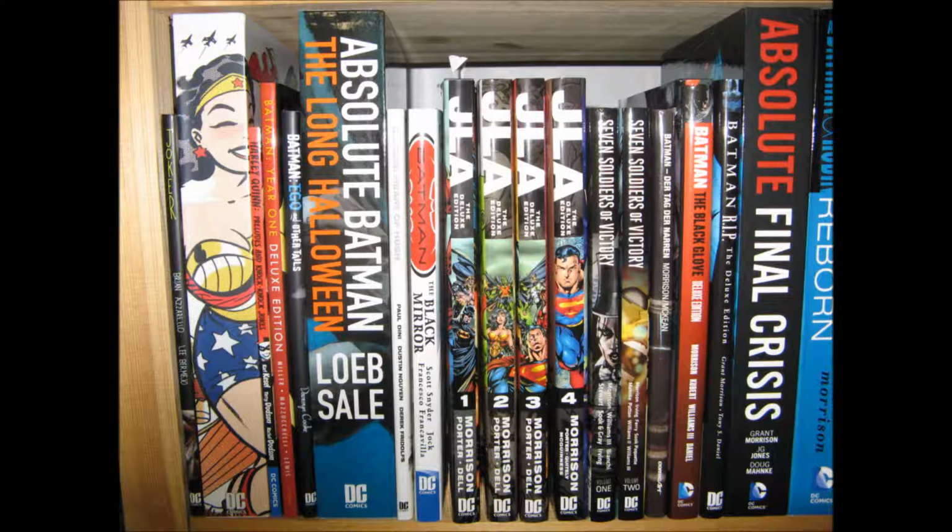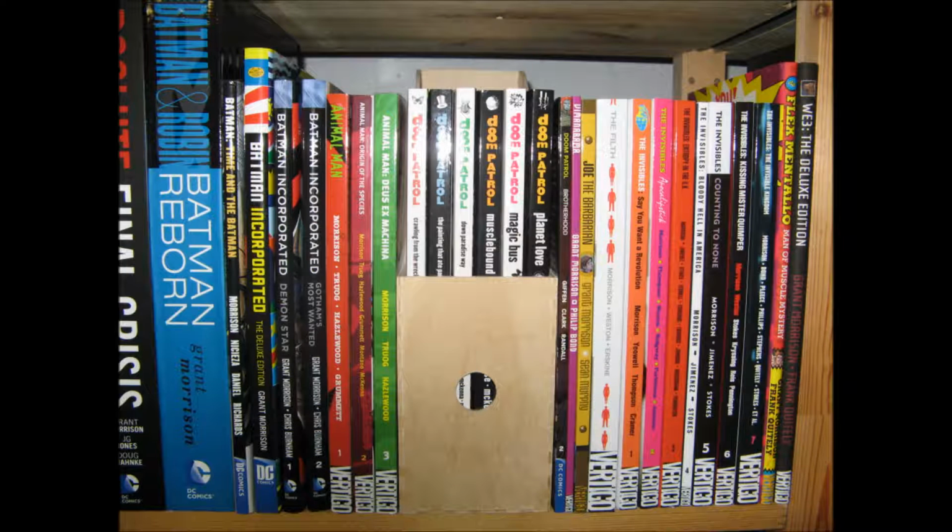Next shelf. There's some awesome stuff from Brian Azzarello's Joker, The New Frontier from Darwyn Cooke, The Absolute Batman with The Long Halloween from Loeb and Sale, and Black Mirror from Snyder, and so on, and my books from Grant Morrison, JLA, Seven Soldiers of Victory, and the whole arc he did with Batman, which recently ended with Batman Incorporated 2 or 3. Depends on how you count it. And there's Animal Man, Doom Patrol, and The Invisibles, and all the other graphic novels